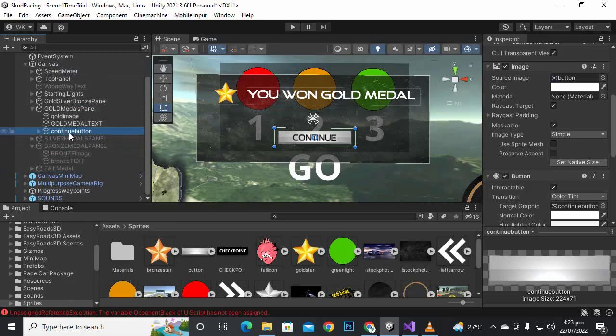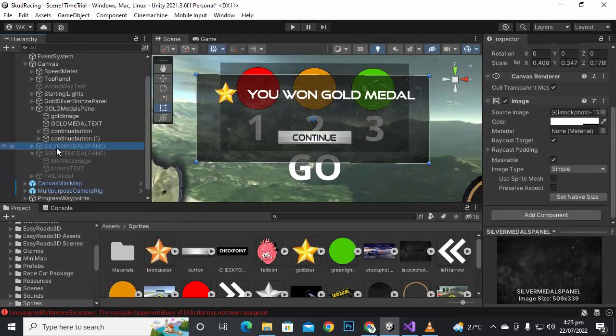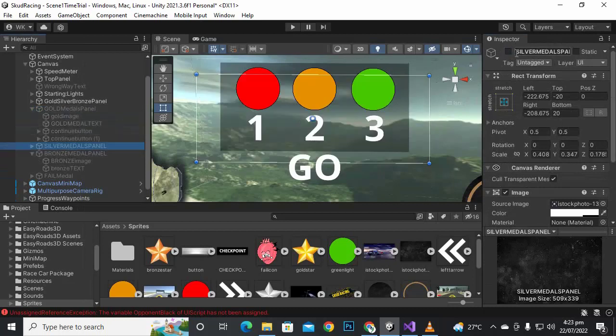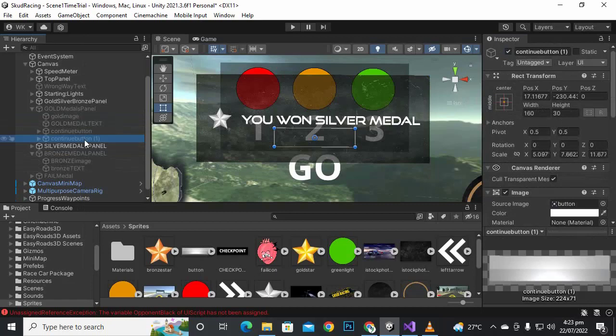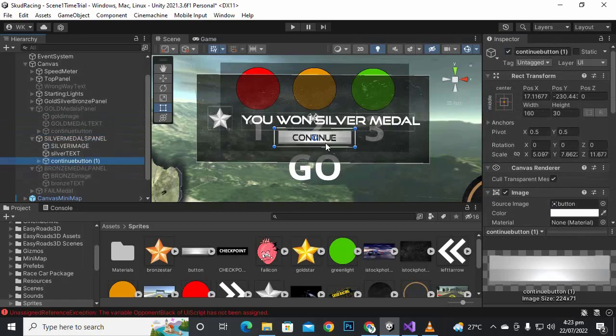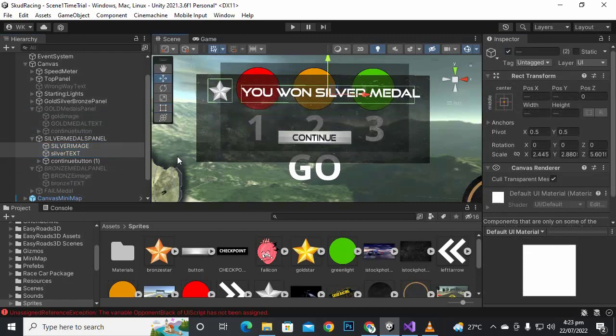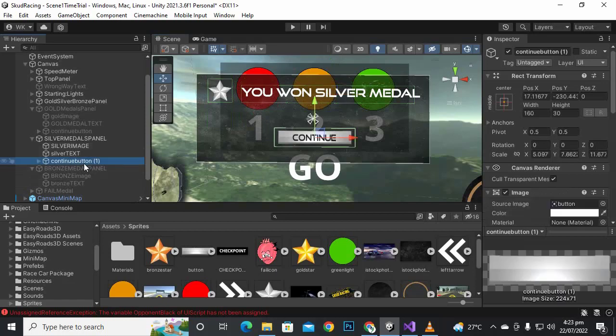And now we can duplicate it, and I will just hide the gold panel from the instance, and now we will select the silver panel, and this button we will just bring here inside the silver panel. And also for the text we'll just bring this thing up. And for this continue button, I will just name it silver, although you can keep the same names. And then we will just duplicate the button again, and let's bring it in bronze, and I